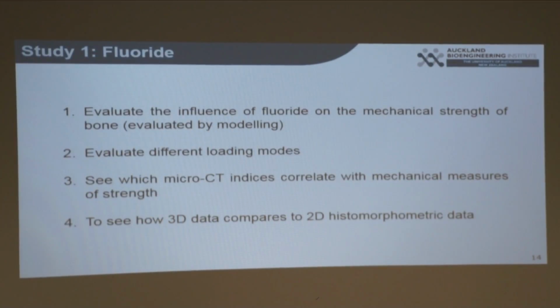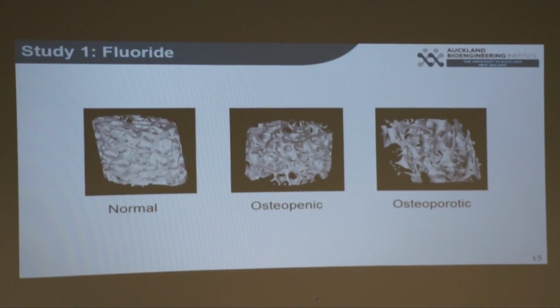And so these were the goals for the study. Evaluate the influence of fluoride on the mechanical strength of bone by modeling. We looked at different loading modes: compression, shear, and torsion loading. We wanted to see which micro-CT indices correlated with mechanical measures of strength. And finally, we had some 2D histomorphometric data, and we wanted to see how that compared to the 3D data. And before I go on, I just wanted to show these images of some of those biopsy samples